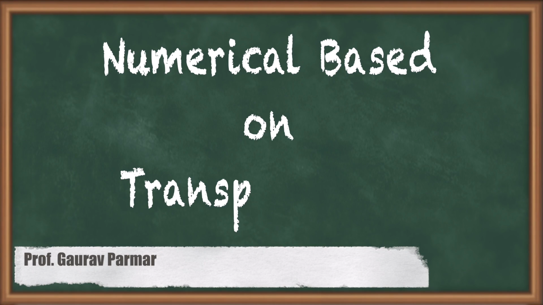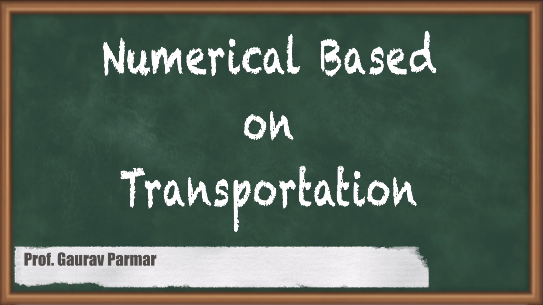Hello friends, in this lecture we will see one of the numerical problems on transportation method. I have told you what the transportation method is and it has 5 different classifications: row minima, column minima, northwest corner, least cost method, and the method of Vogel approximation or penalty cost method. Out of these 5 you can apply any one according to the question. Whichever solution is feasible, you can go for the optimality test.